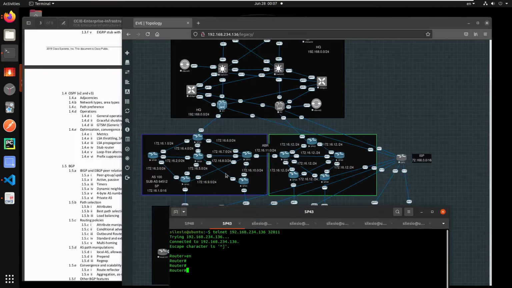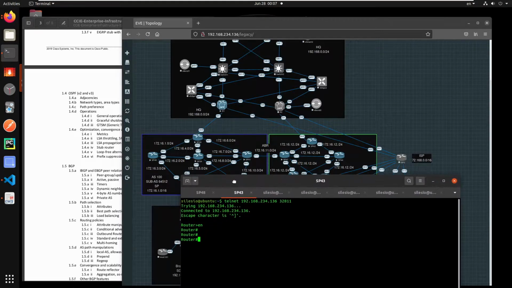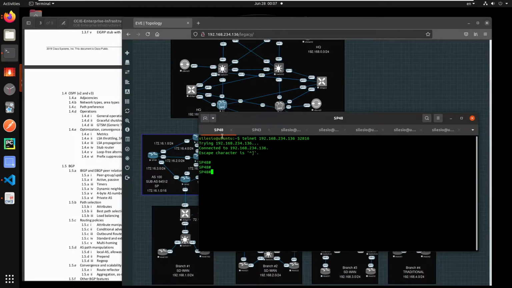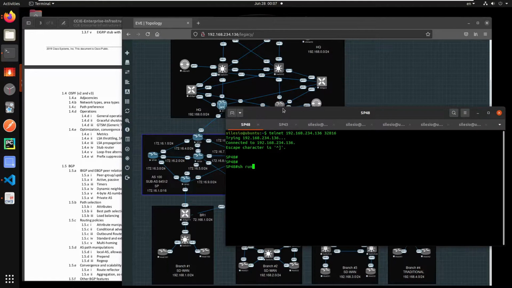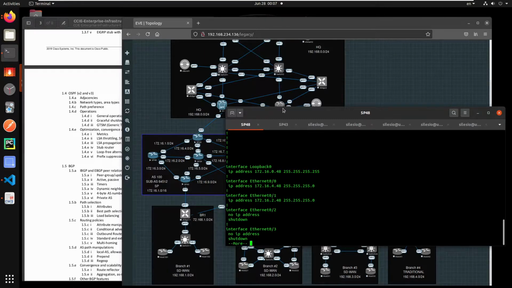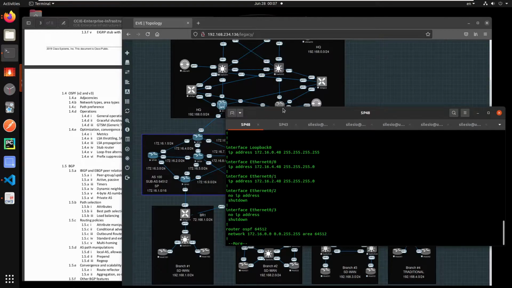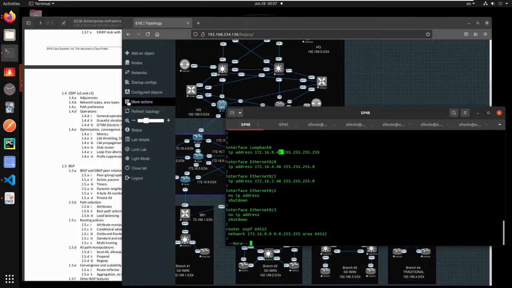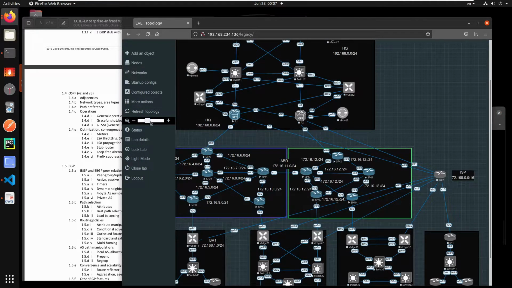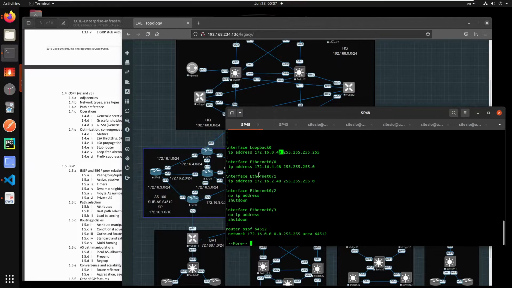Okay, so I'll pause the video and actually start configuring just one of the routers, SP48, and I have it right here. So let me see what I have configured so far. Hostname, loopback 0, and what I'm going to do is make the loopback the router number. So this is router SP48. Let me zoom in so you can see better. Yeah. So this is going to have loopback IP address 48,